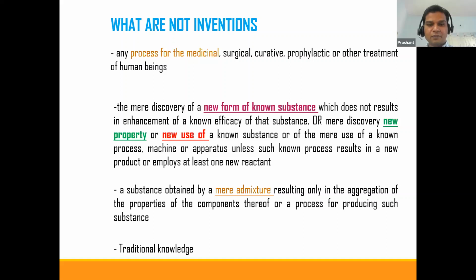Of course, if there is traditional knowledge which says turmeric has a wound healing activity, you cannot actually claim turmeric in your invention. Of course, there are ways out. You need to show, okay, this extract was known, but we came up with this fractionation and we isolated curcumin and then we tested it, and that's how it has an enhanced efficacy compared to only plant extract, maybe stem extract or leaf extract or bark extract.